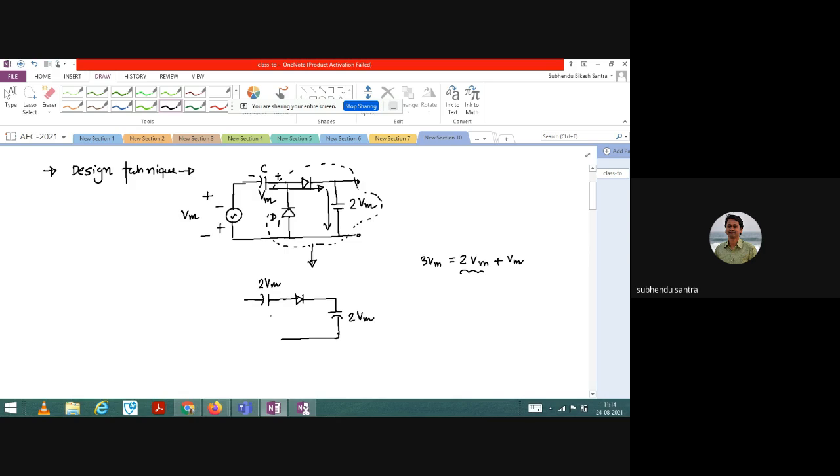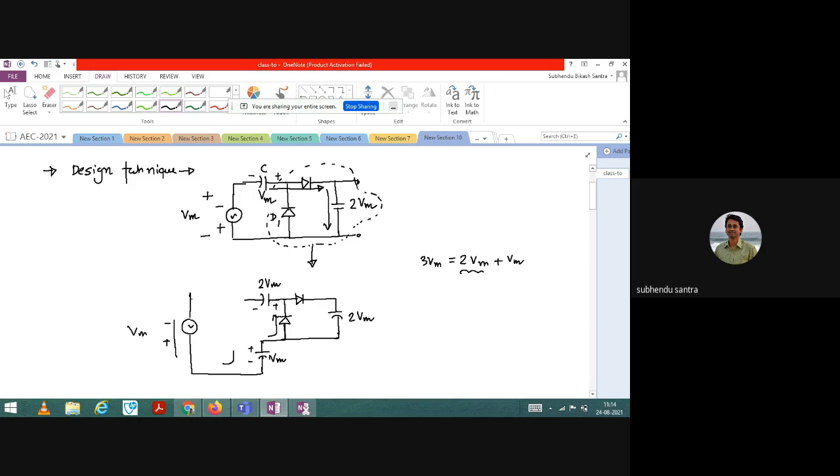Now this capacitor needs to be charged from somewhere. This is plus and this is minus, so I need to charge it. To charge it I need a different path, so I am providing a path so that it can charge to 2 Vm, with the help of the supply. Let us say the supply is positive and negative, and we have another capacitor voltage in this direction, which can also store, with minus and plus. Here it is Vm and this is Vm, so 2 Vm will be charged to the capacitor in this path.